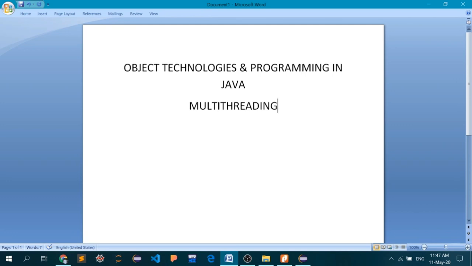From the last lecture, we have begun a new topic called multi-threading. In the last lecture, we discussed what multi-threading is, the idea of multi-threading, the two types of multitasking, which one we can control, and which type of multitasking we are going to focus on. We also started building a new class which includes a new thread that will run in parallel to the main thread, and today we are going to finish that.